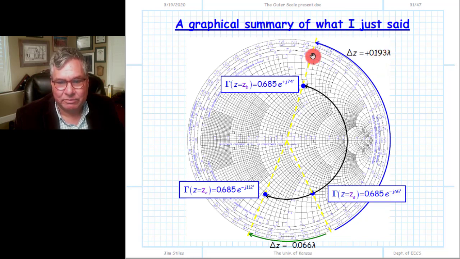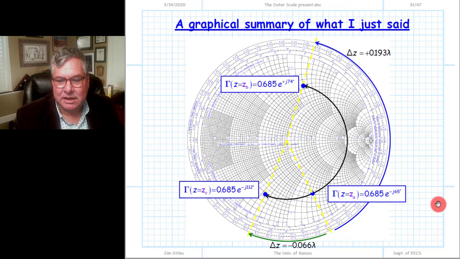At that location, we can draw a line through it there, and that will include the value of gamma, which is the reflection coefficient at our new location. We'll call it ZB. Again, the difference between the original location ZA and the new location ZB is that ZB is a distance delta Z of 0.193 lambda further down the line toward the load,